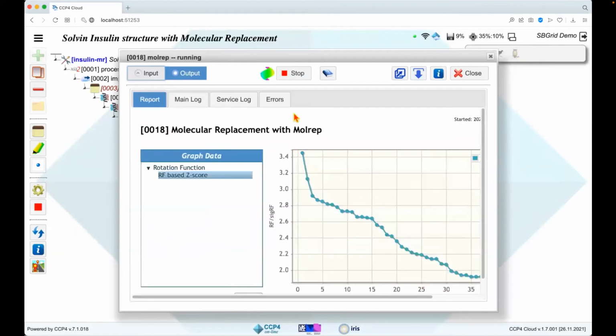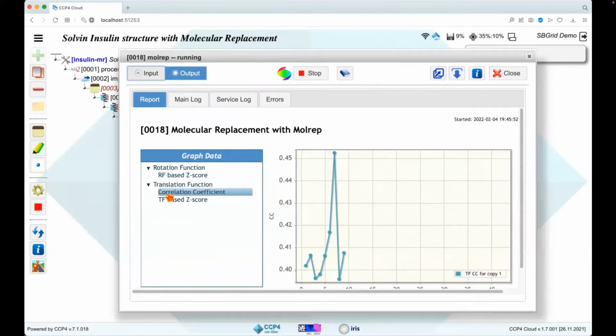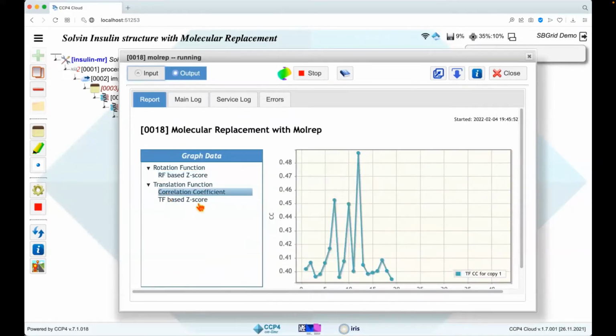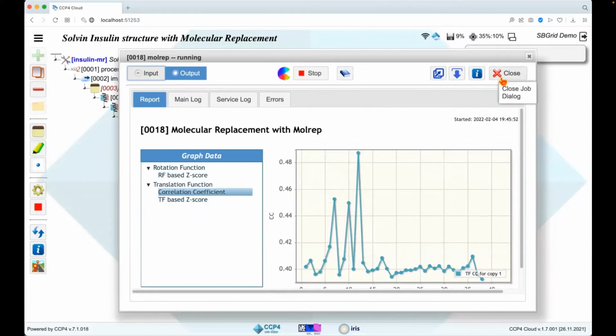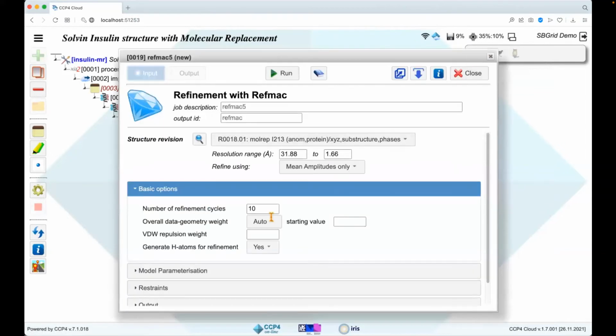Try to fit it with MolRep again. Same rotation function, no difference. You can compare it with the previous job, and it's just the same one. In the translation part, now there are peaks. They're clearly seen. So probably we got it. From this supposition, I would run next RefMac with jelly body restraints, which is what's recommended after phasing by